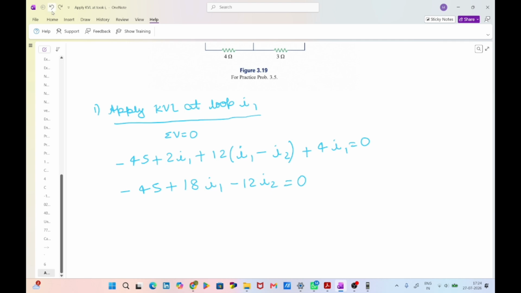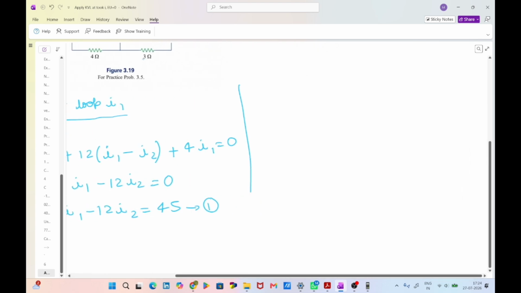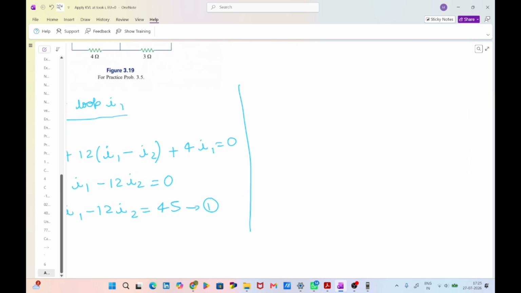I will move this 45 to this side. 18 I1 minus 12 I2 is equal to 45. Let us consider this as equation 1. I will move to this side and then here